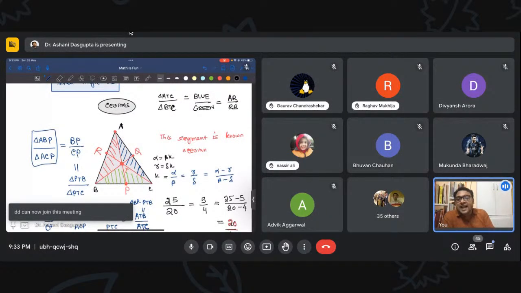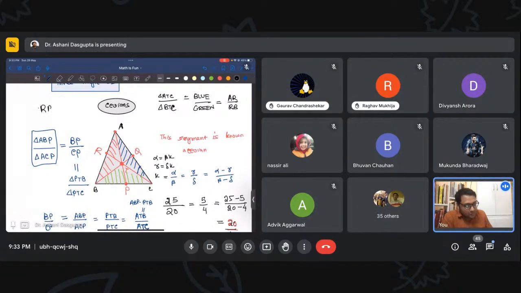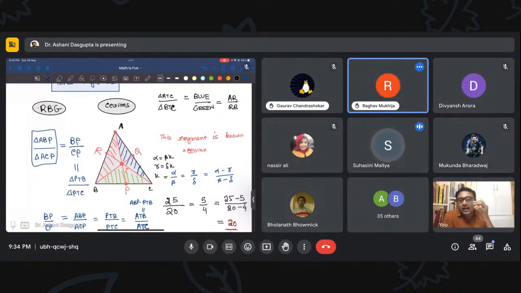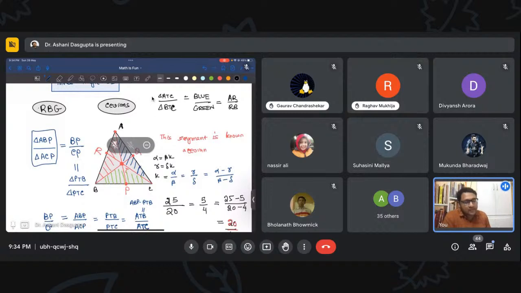So the red triangle, I call it the RBG. If you are into computer science, you have probably encountered the word RGB. It's a color gamut, color palette. Sorry? Sir, I think it's RGB. RGB, correct. So anyway, I keep this mnemonic in my mind to actually keep this configuration in my mind,